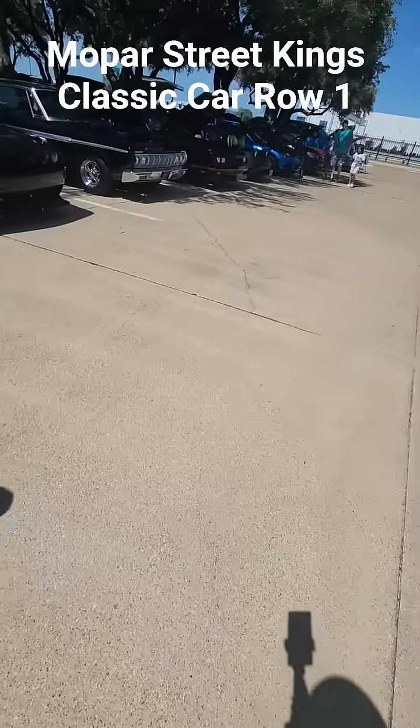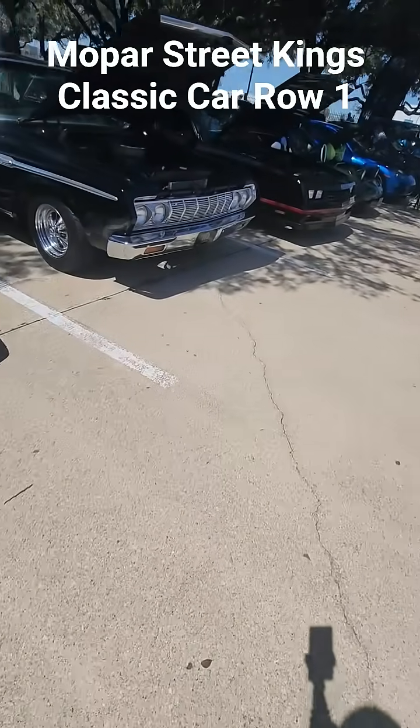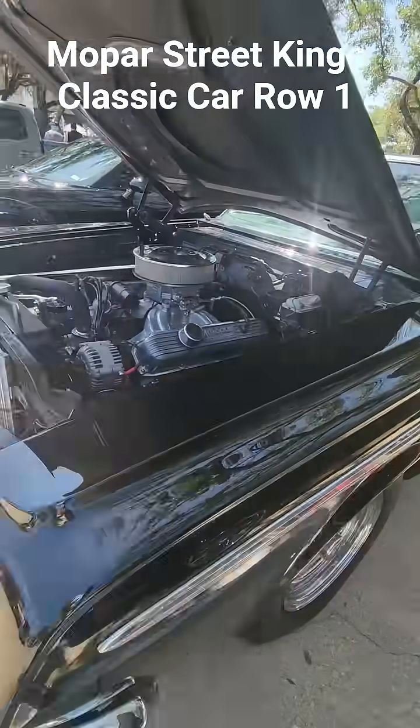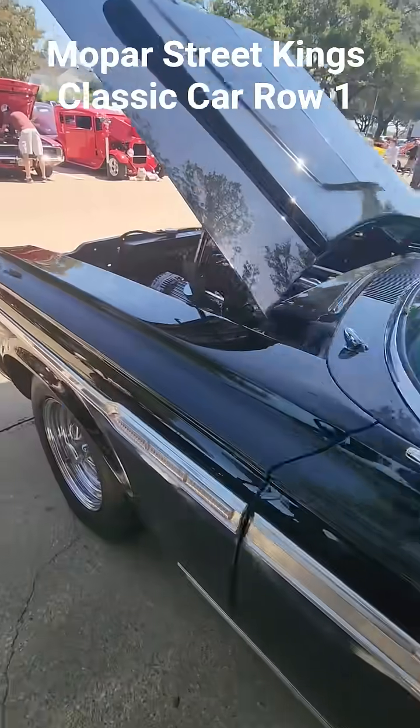See what we got. Grand Prix. Oh wow. So Pontiac Grand Prix. Okay, I might have to stop this long one and do a short video on this because the first